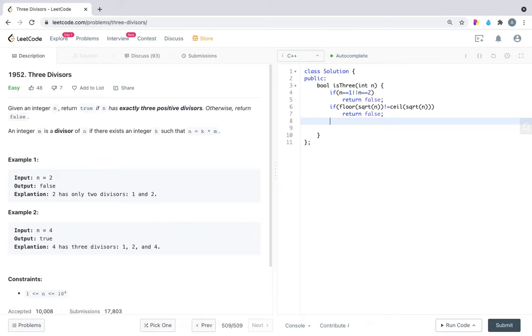Now coming to the third part, if we encounter any other divisor other than this square root number, then we can return false. We can use a for loop with i equal to 2, since we have directly returned false for 1 and 2. While i * i is less than or equal to n, i plus plus.